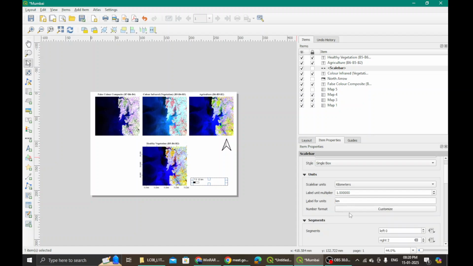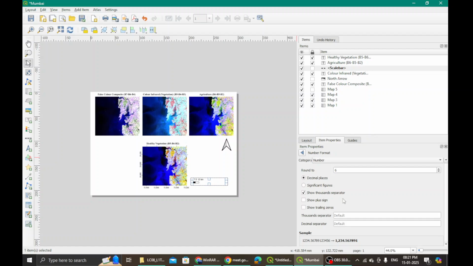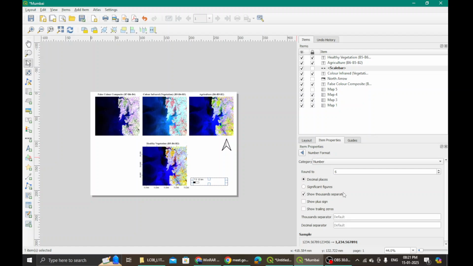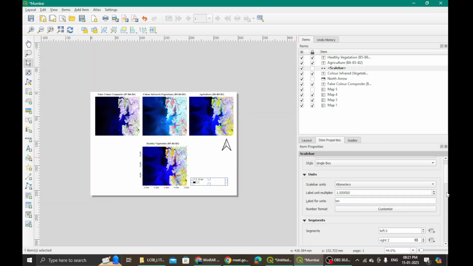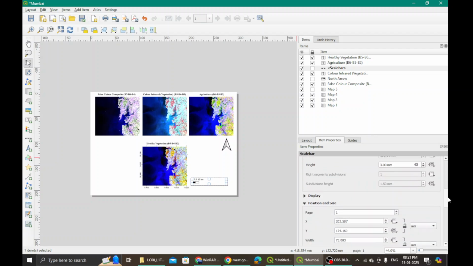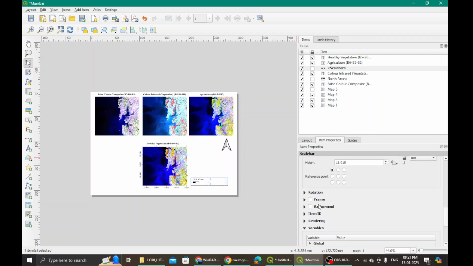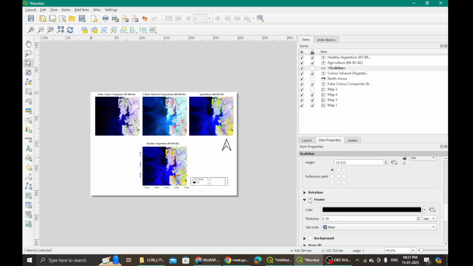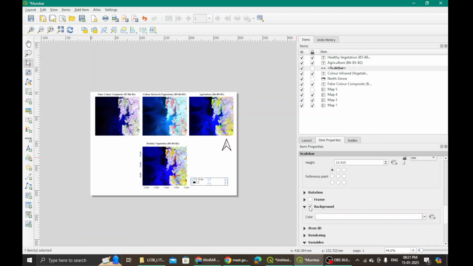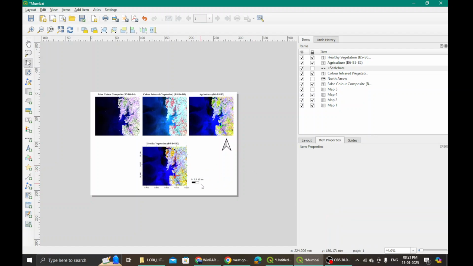Okay, fine. I'm just not able to find that option to change it. Maybe that's not what it is doing. Maybe let's just put it in a frame. No, that is also not working. Background also not working. Okay, fine.